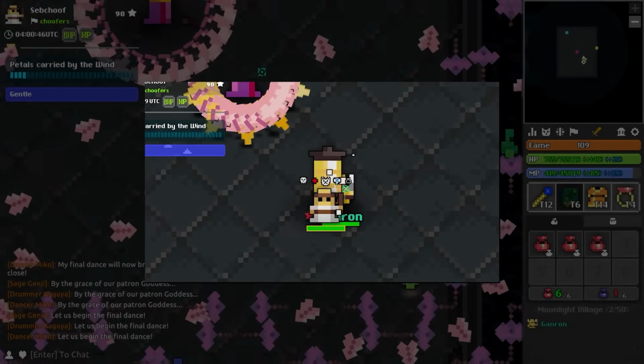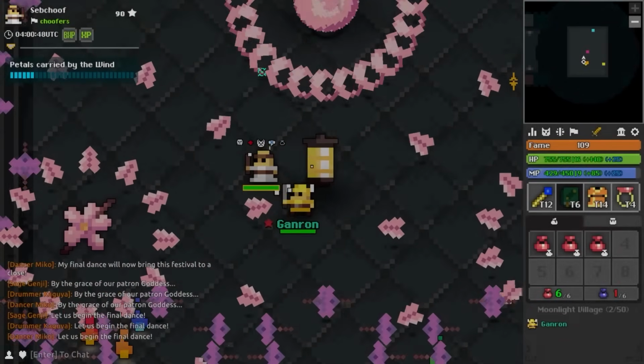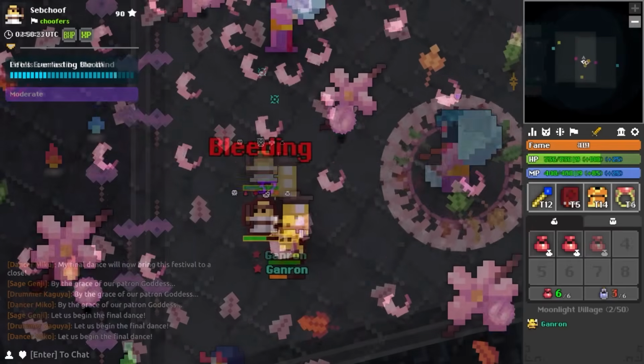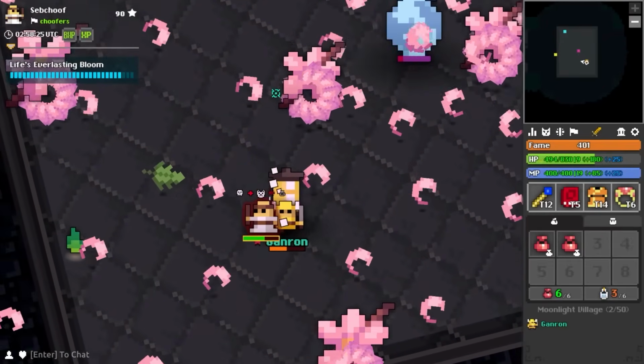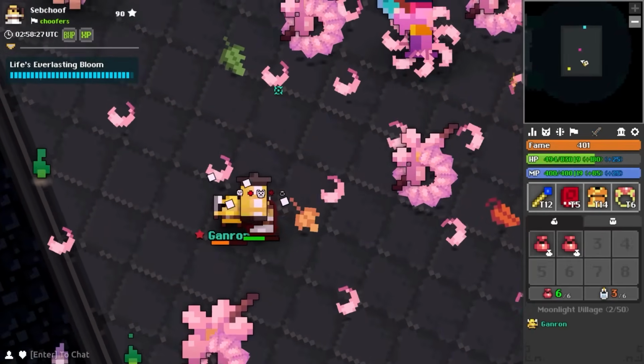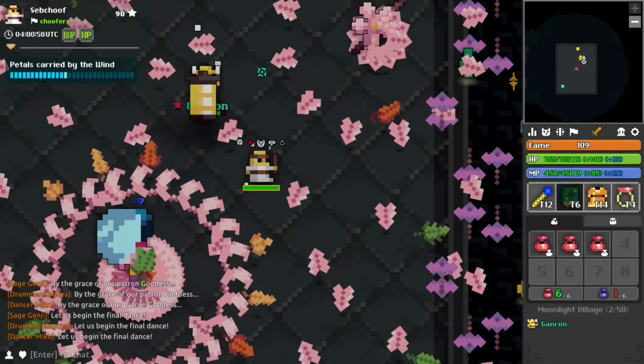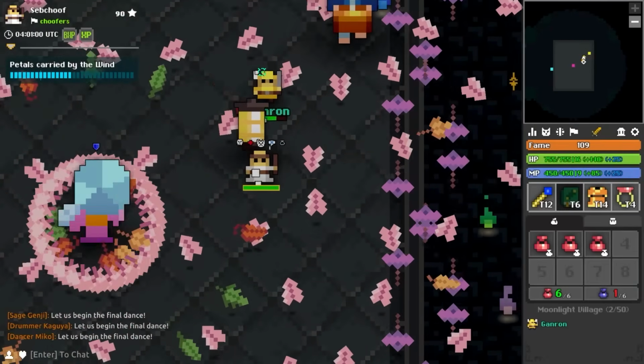You're actually safe to stand on Miko immediately when the phase starts, maximizing your lantern time. As long as the phase before this wasn't the phase with flowers called Life's Everlasting Bloom, because that has lingering shots that prevent you from standing on Miko. As long as it wasn't one of those phases, you can stand on the boss right away, maximizing your lantern